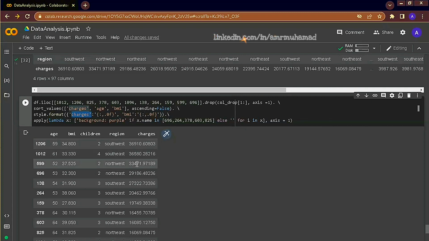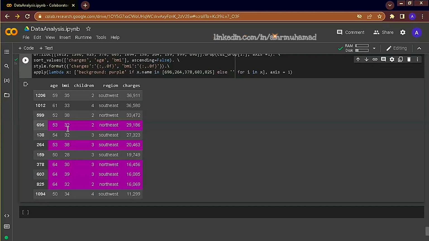Lastly, we apply a coloring formula and select the indexes that we want to color. So lambda x, and lambda is a one-off function. We will use our color to be purple if x.name, and x here is the row, if x.name is in these indexes. And now let's apply this styling. It gave the indexes that we specified a designated color.